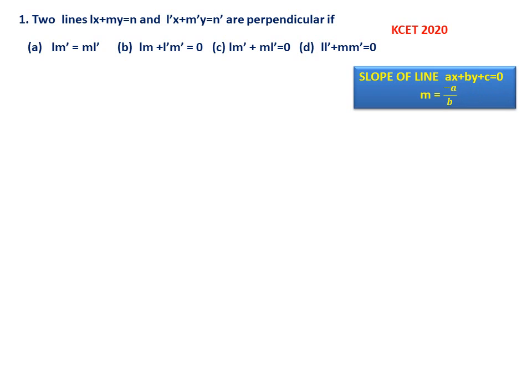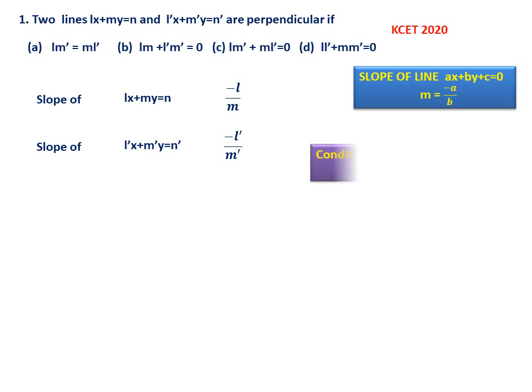Now here what you have to do is use the concept of finding the slope using the formula m equal to minus a by b. So the slope of the first line Lx plus My plus N equal to 0 is minus L by M. Similarly, slope of the second line is minus L dash by M dash. Now the condition is